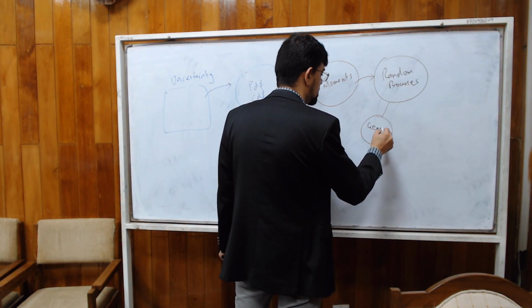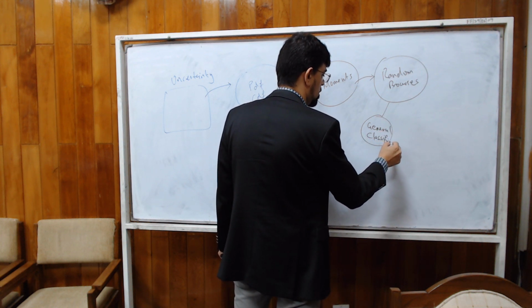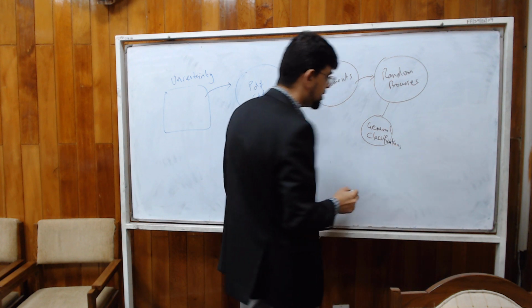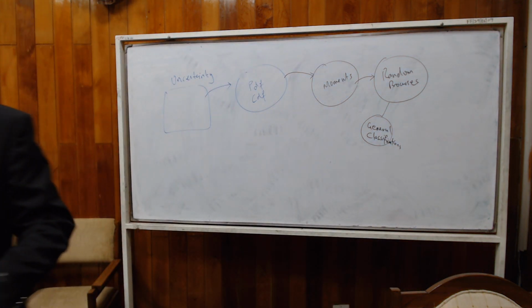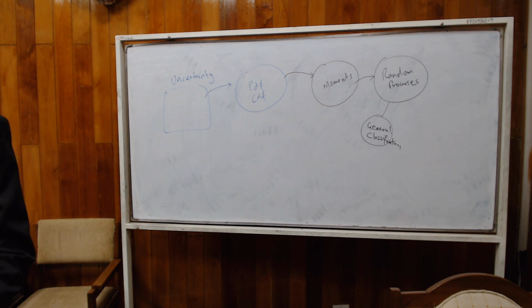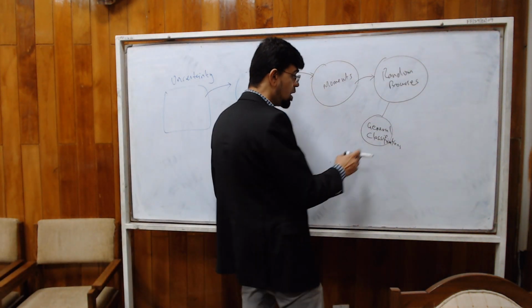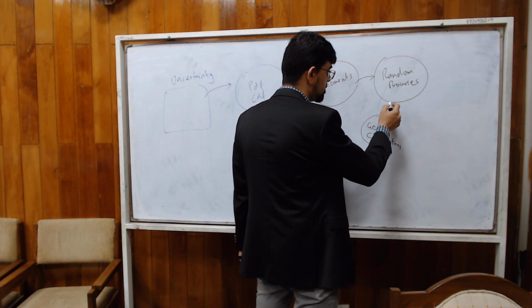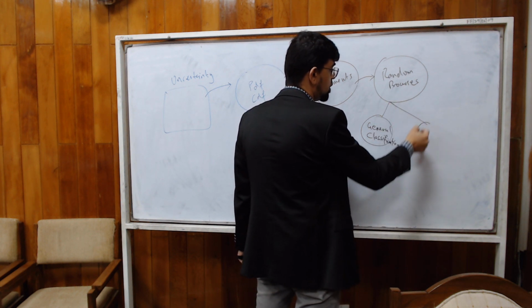So some general classifications. These are by far not the only classifications, but normally in a course you cover the classifications that are important or relevant for the course, right? So general classifications that were relevant to us,